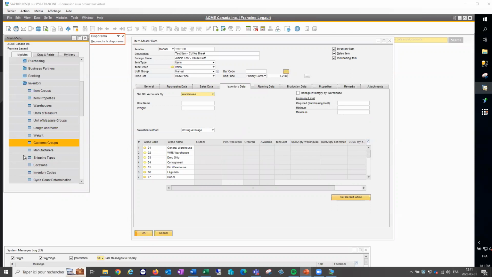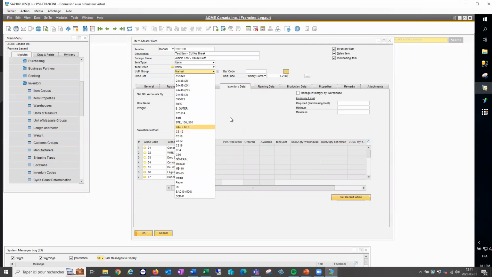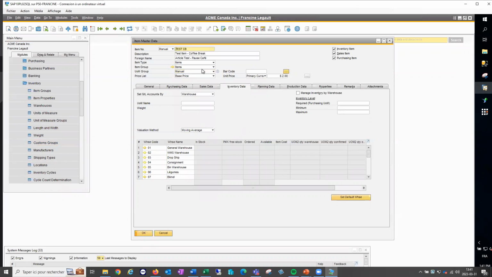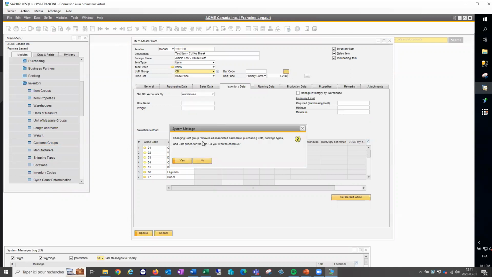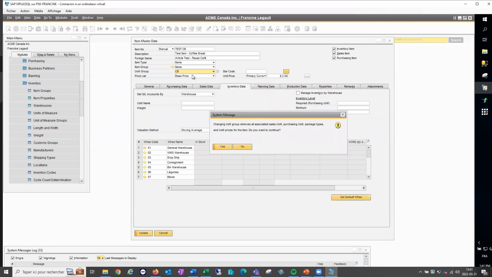Take note that it is very important when you assign, like I'm going to do here, I'm going to assign my, let's refresh, assign here. Okay, so I'm going to change my unit of measure group. When you do that, if you were using manual before and already assigned units of measure for inventory, sales, or purchasing, they will all be erased and you will have to reassign them again.